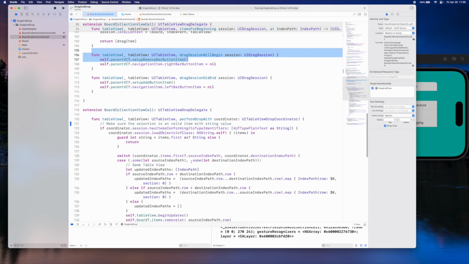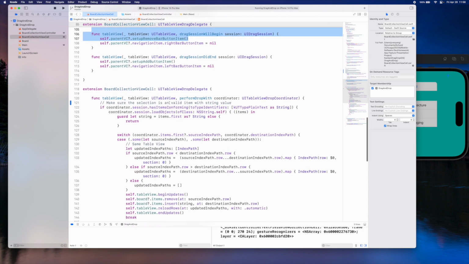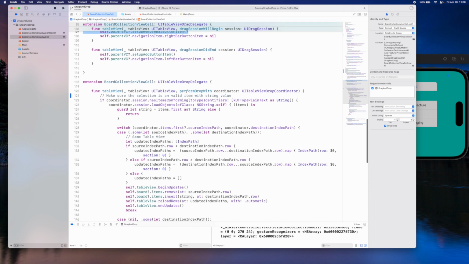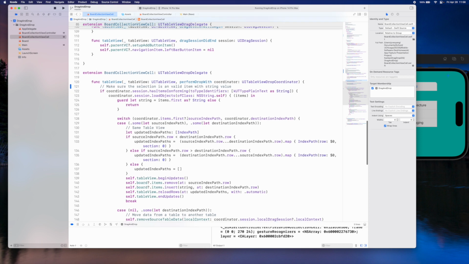Let's do the drop part. Here we have a method with performDropWith coordinator. This delegate method is the only opportunity for accessing and loading the data representations offered in the drag item. The drop coordinator supports accessing the drop items, updating the table view, or any other specified optional animations.